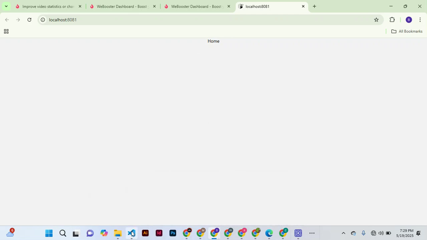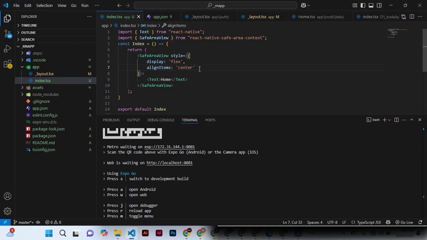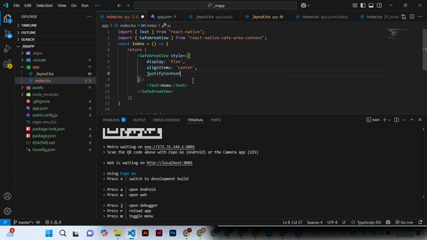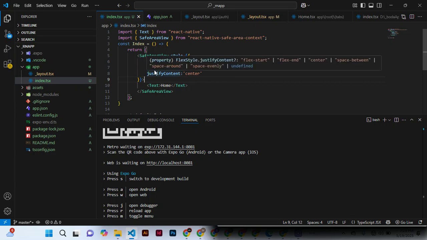Now we can continue. You can also say justify content. We can justify them to center also. Let's justify this content to center. Center like that. And then